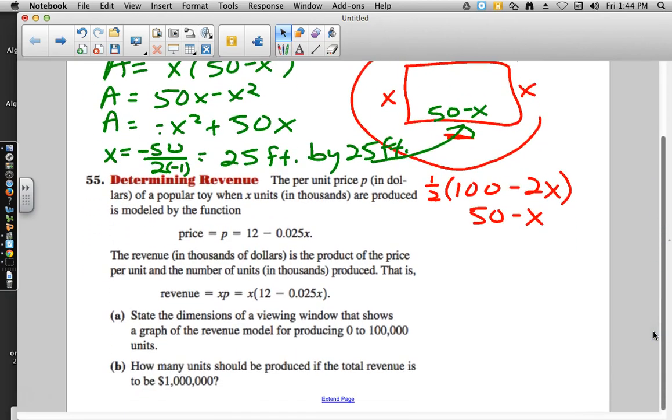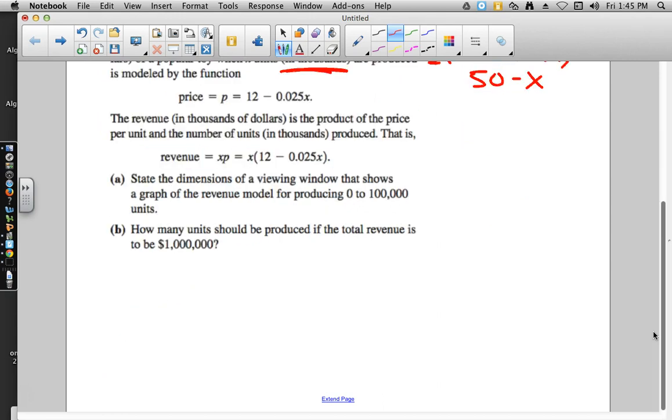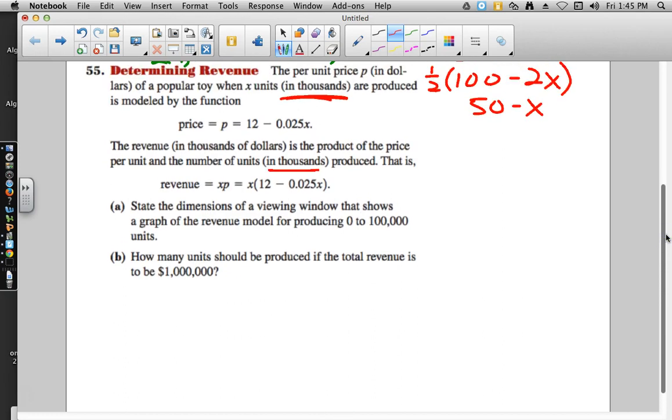Number 55 says, the per unit price in dollars of a popular toy when x units, and this is important, in thousands are produced is modeled by the function that the price is 12 minus 0.025x. The revenue in thousands of dollars is the product of the price per unit and the number of units in thousands produced. And I just have a sneaking suspicion that that was the piece that you missed when you were doing this. So thousands of dollars in thousands produced is revenue equals xp, which is x times the quantity 12 minus